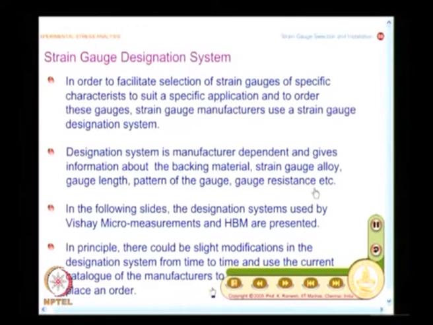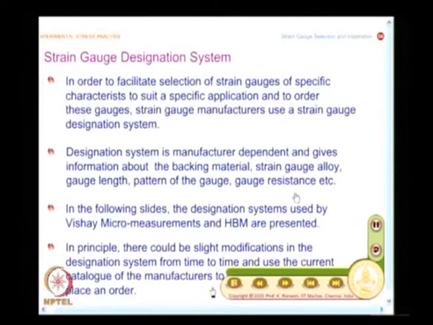See, we have looked at various aspects of the strain gauge alloy, backing and also the adhesive to facilitate our current discussion on selection for a given application. So, what we will look at is the way a strain gauge is designated and provide general guidelines on how to go about selecting these parameters. We may not take a specific problem to select a strain gauge, but we will provide you general guidelines on how to go about it.